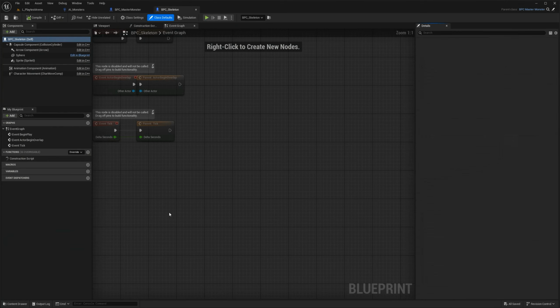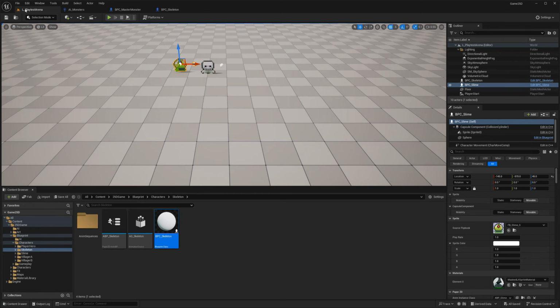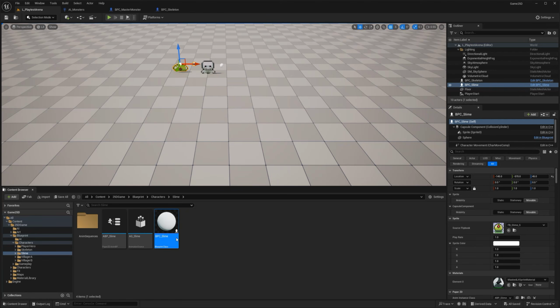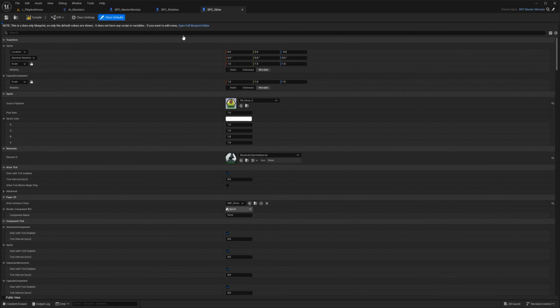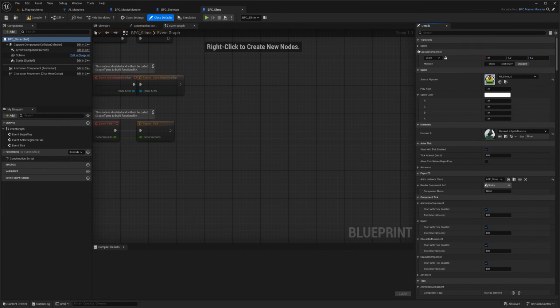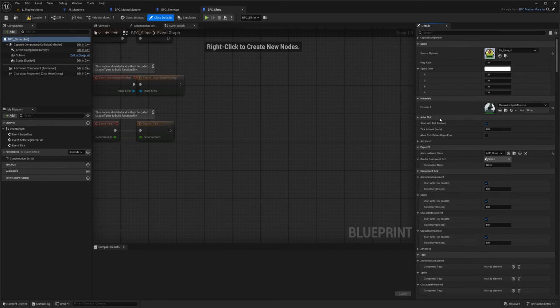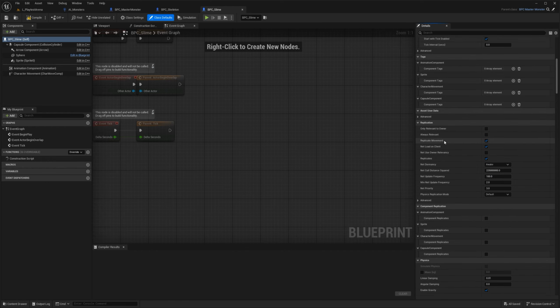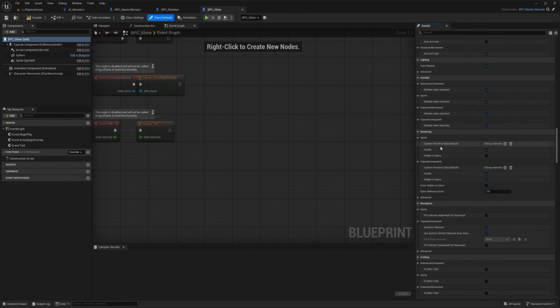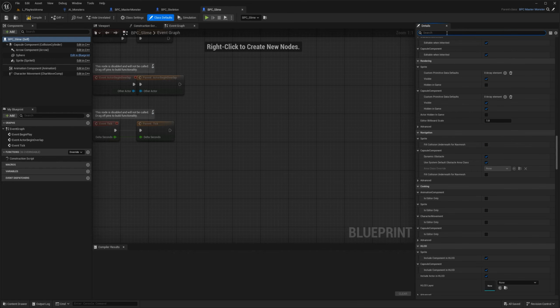So just go BPC skeleton and characters, slime, BPC slime. Open the full blueprint editor. This one's pretty straightforward. If you go here to the top, there is a control for speed. And this menu is just so long that I'm going to give up and just say walk.